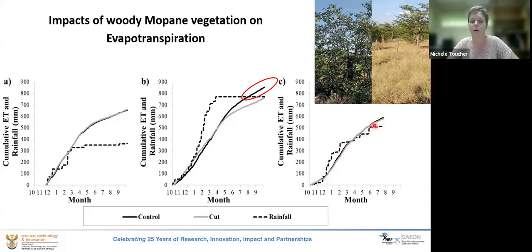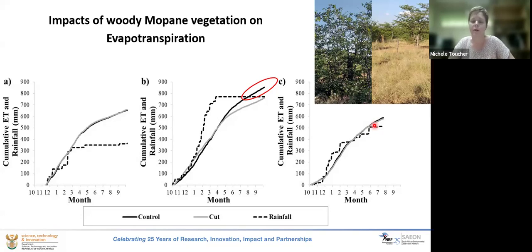And work that was done after this using remote sensing and over a bigger area for a longer time period showed the same sort of trend that we saw at Cathedral Peak, where it's over time that you start to see a large influence on the ET coming from a system. And in this system, it was when you had wet years, you had higher ET from the Mopane stand than from the cleared. So you had no popping up of the system during the wetter years. So that Mopane was using up whatever was available, even in the wetter years.